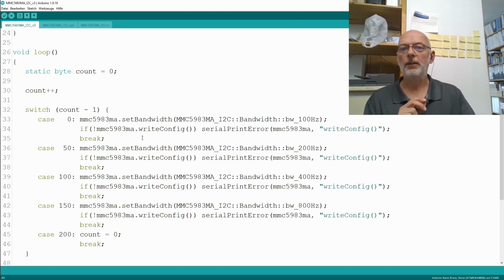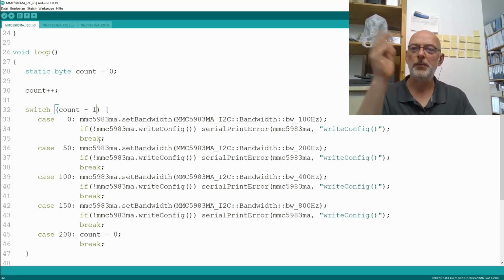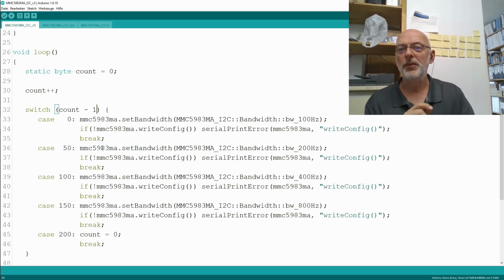In the sketch itself, we also saw that in the previous video, I think. I'm now using a static byte count, which will initialize at the first call of the loop function to 0. And I increment that every time we go into the loop. And then I have a switch statement on count - 1. You remember I had very odd numbers the last time I used that, so the -1 allows me to use even numbers. So in case 0, I set the bandwidth to 100 Hertz, and then I write the configuration,